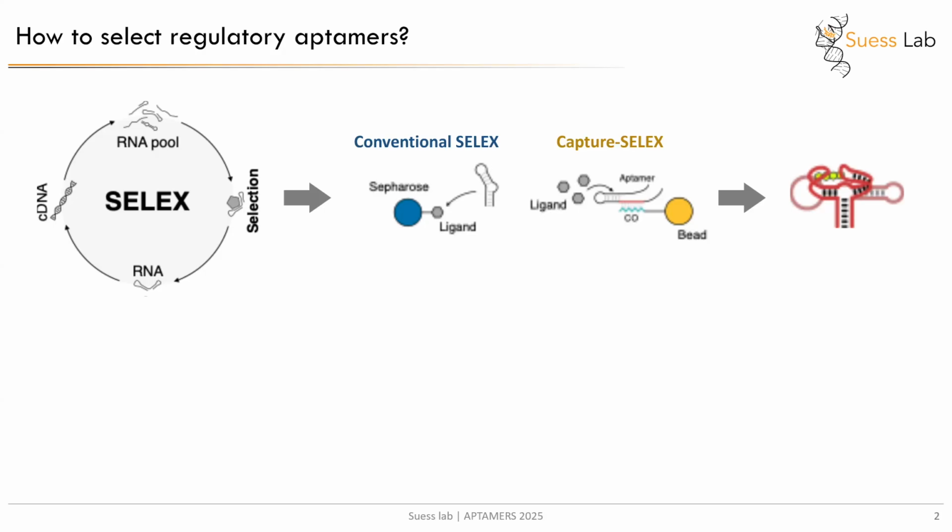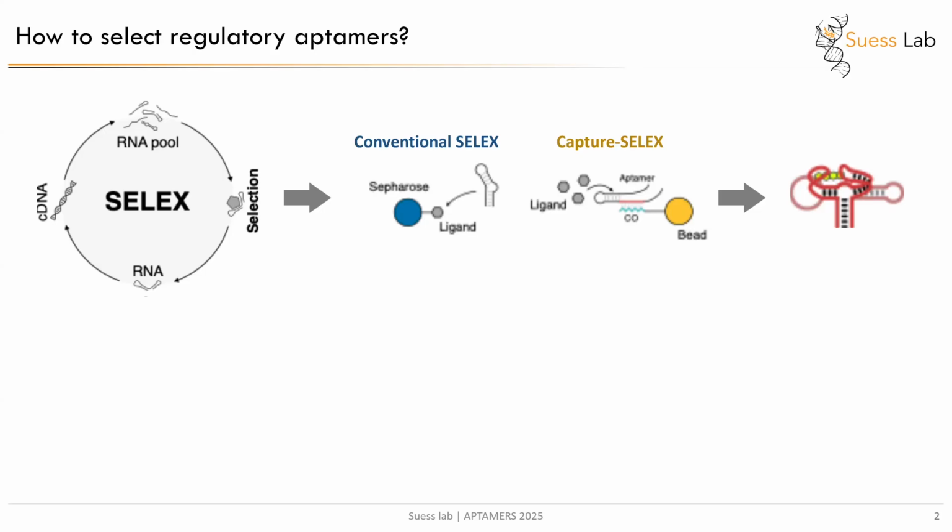Or what we have established in the lab is RNA Capture-SELEX, where you immobilize the aptamer on a capture oligo that is coupled to a paramagnetic bead. And then you incubate the RNA pool with the ligand of choice, and those candidates that undergo conformational changes are then eluted from the capture oligo. And we hypothesized that this is the more streamlined way to find regulatory aptamers that undergo conformational changes upon ligand